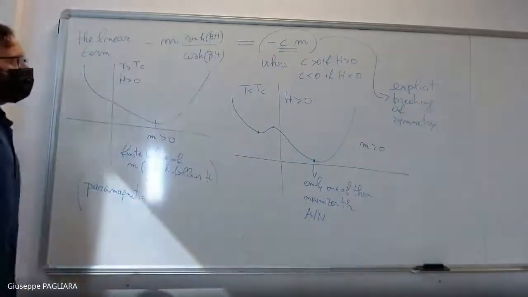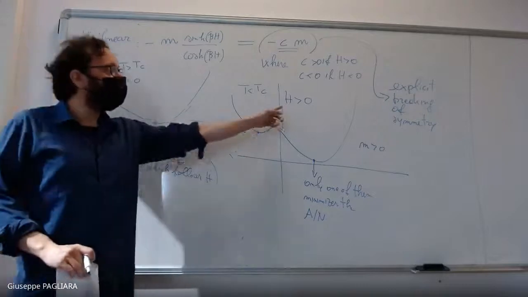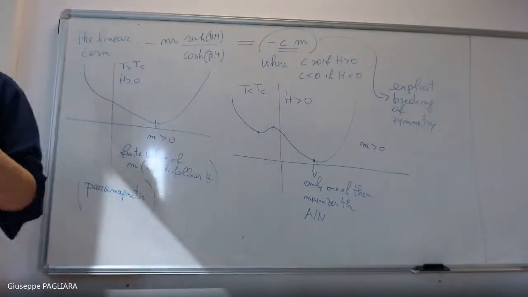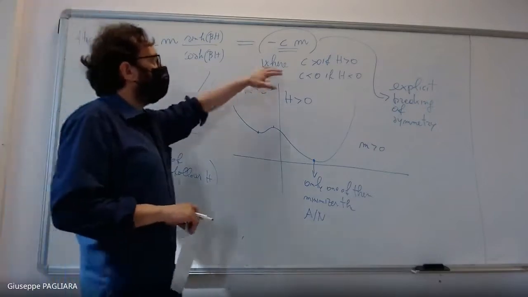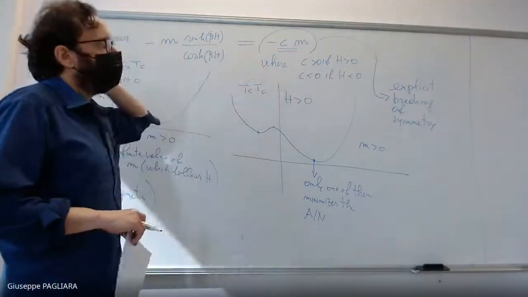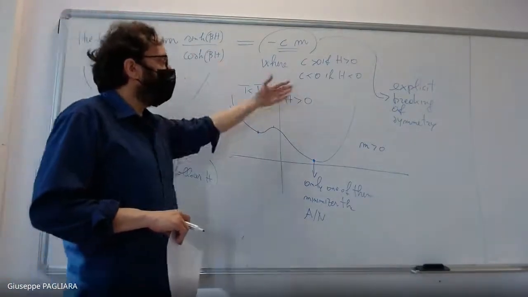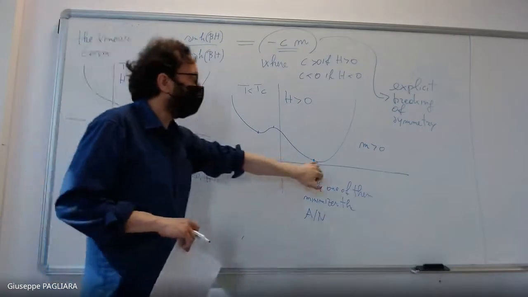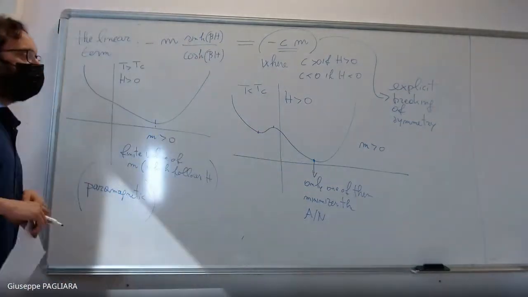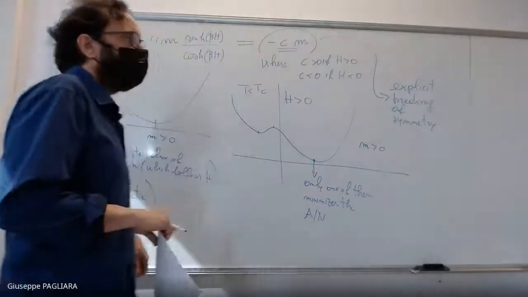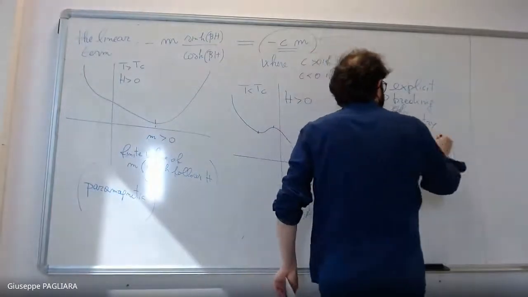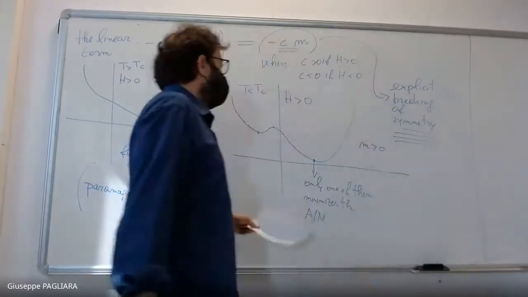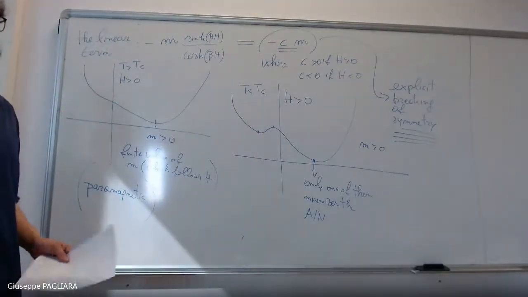Because now with this term, that derives from the fact that we have an external magnetic field, which of course breaks the symmetry because it somehow selects the preferred direction. We have a term in the free energy that corresponds to the external magnetic field, and the behavior of the Helmholtz free energy is such that we do not have the degenerate minima anymore, but just one of them is the correct value of m. Okay. So we have an explicit breaking of symmetry, and actually also the behavior around Tc is not critical anymore